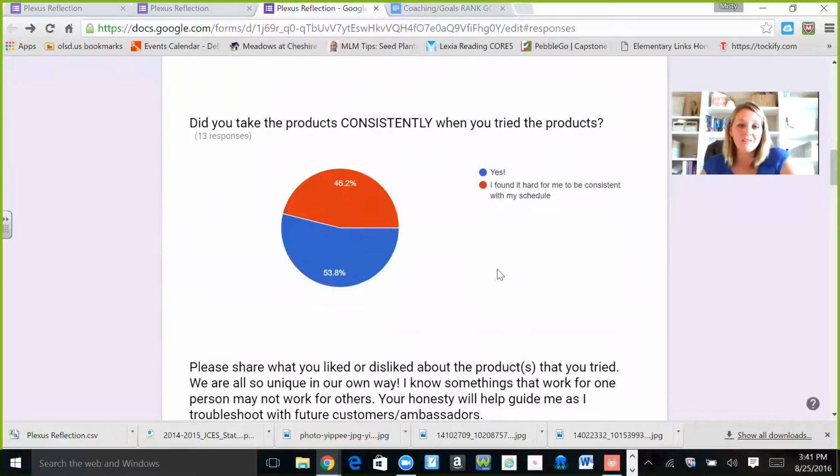And then I love the pie graph look, but it says, did you take the products consistently? And I love this because I can see, okay, it's not all Plexus's fault, right? Not that it ever is, but it's 46.2% or 6 people. If you see right here, I love when you just put your mouse over it, it shows you this information. 6 people did not